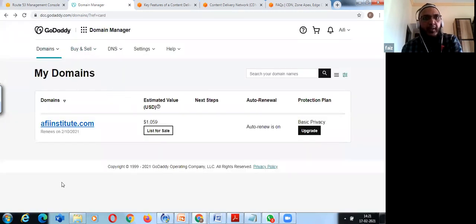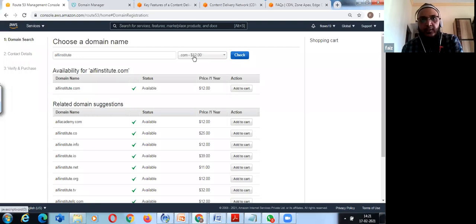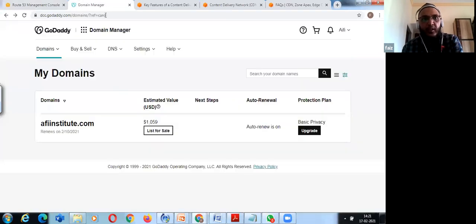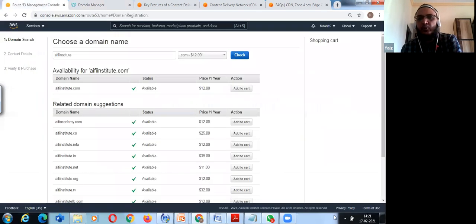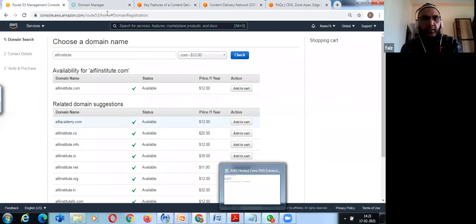So what I did, I registered this from GoDaddy. Why did I do it? Because the $12 was expensive for me. I got this for I think 400 rupees for a 1 year subscription. So I just purchased a domain name. This is my domain, if you see over here. As soon as you purchase any domain name, the process will ask you for your